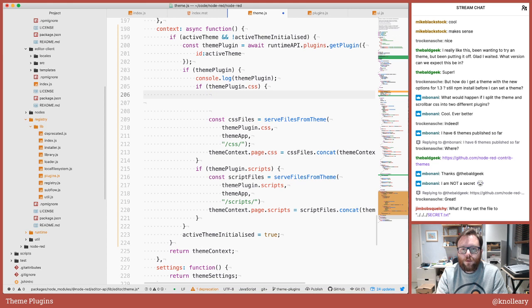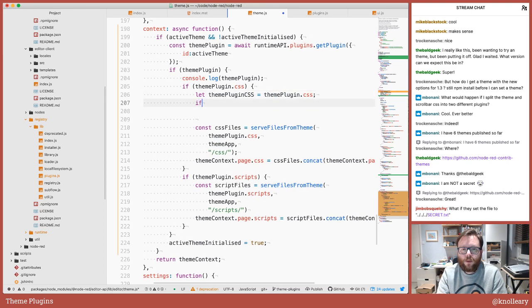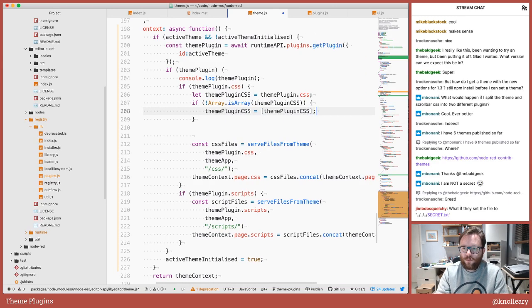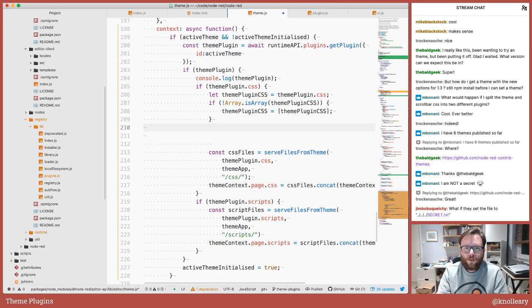Right, what we're going to do is a bit of sanitization here. One thing at a time. Right, theme plugin CSS. If it's not an array, because we support it being just a single string or an array, we are going to force it to be an array. Okay, and then we're going to theme plugin.css